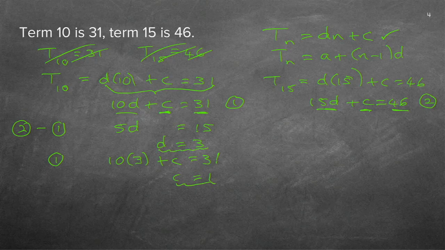What did they actually ask? They asked you the general formula. So now I can write down: therefore, my Tn, which is actually Dn plus C, I can now rewrite Tn. The D was 3, the C was plus 1. Remember, if it was minus 1, you need to write the minus 1, whatever it was. And there's my formula, and now they can ask you anything on this specific sequence, and you will be able to do it.